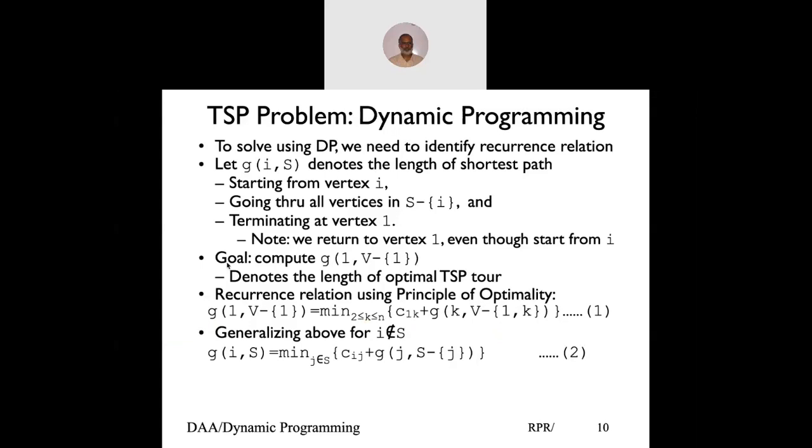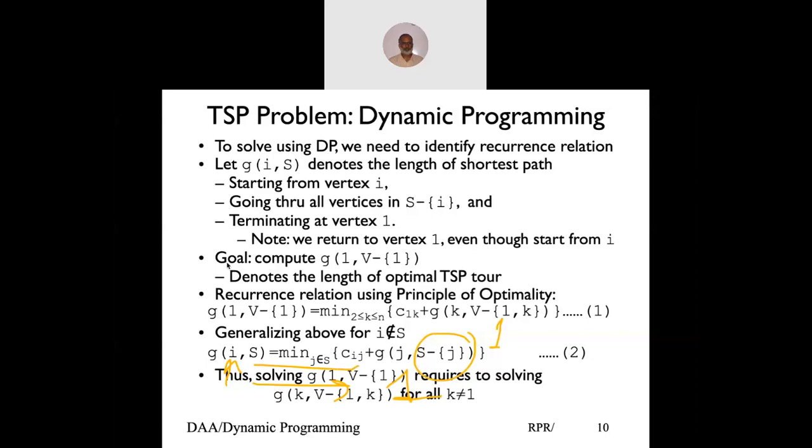Again, remember, we're starting at vertex i, but coming back to vertex 1. And this is the key part. This set does not have vertex 1, because we already started from 1. This set also does not have vertex j, because from i you already reached j. We will understand this from an example below. Using this equation, we will solve this, and if we can solve for all k and find the minimum, we'll get the answer. So solve for all k.